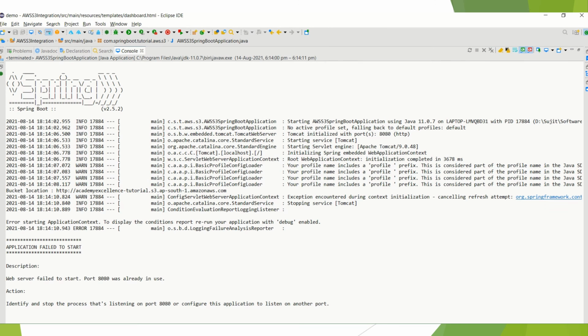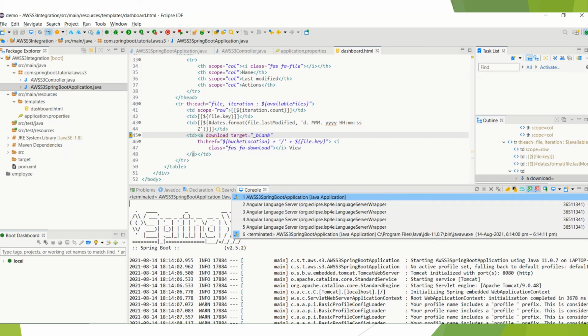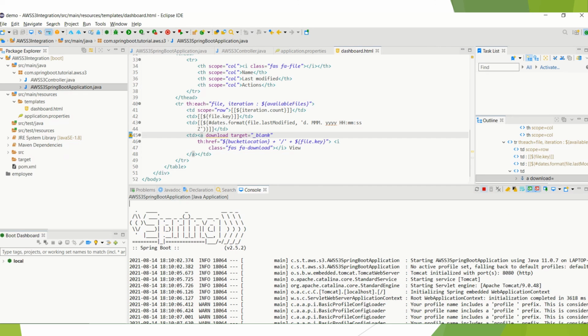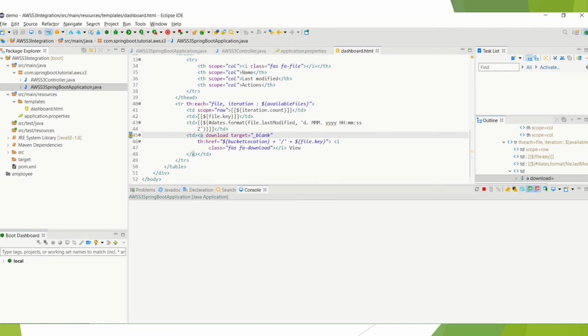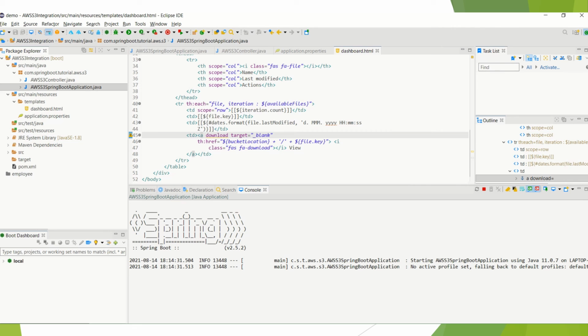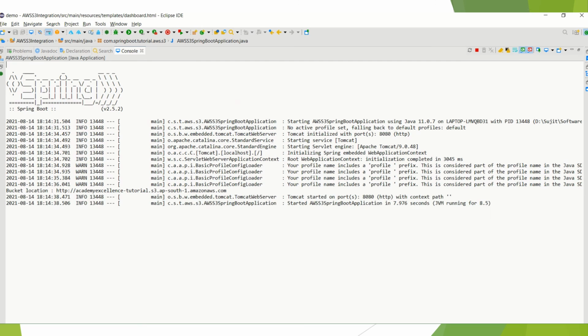Oh, sorry, I forgot to stop the server. Stop the server and restart again. Start the server. Now let's see if there is some exception in the console. Yeah, the application has been started without any exception.